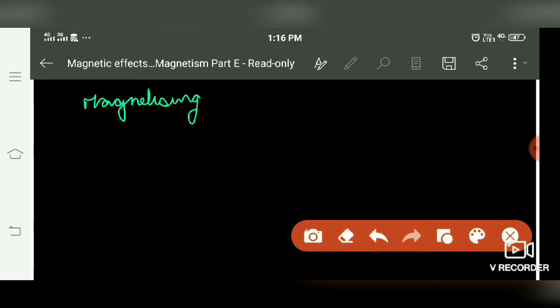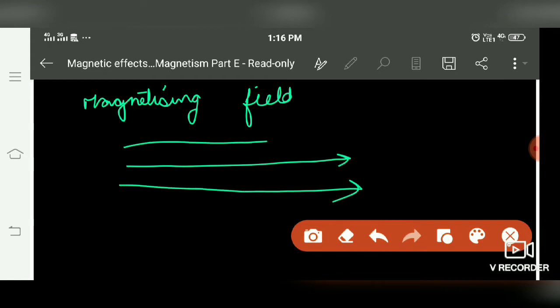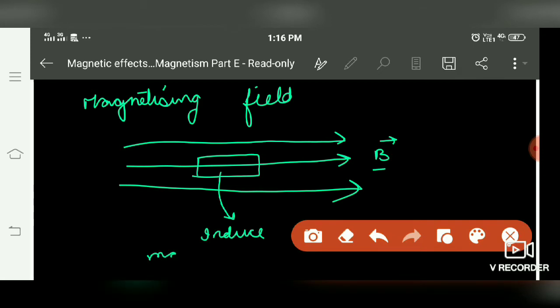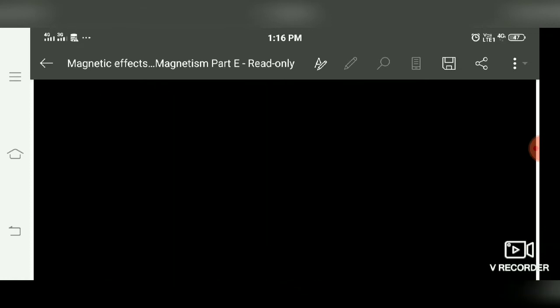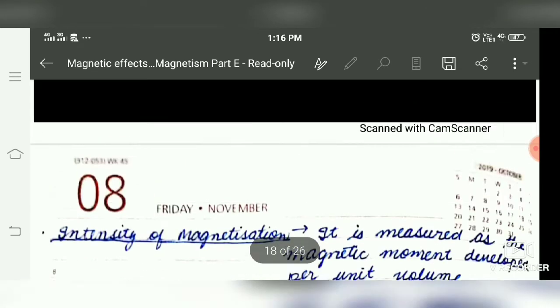Magnetizing field means, suppose a field is applied here, and a material is placed in presence of this field. Now this field induces magnetic properties, or magnetism, in this material. So this field is named the magnetizing field. The second definition is